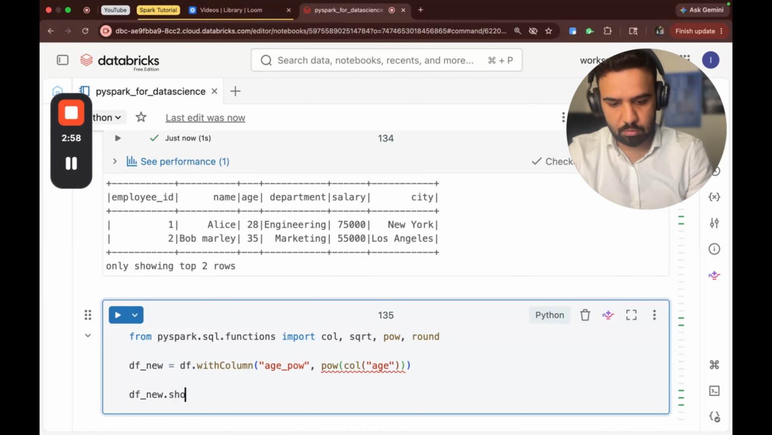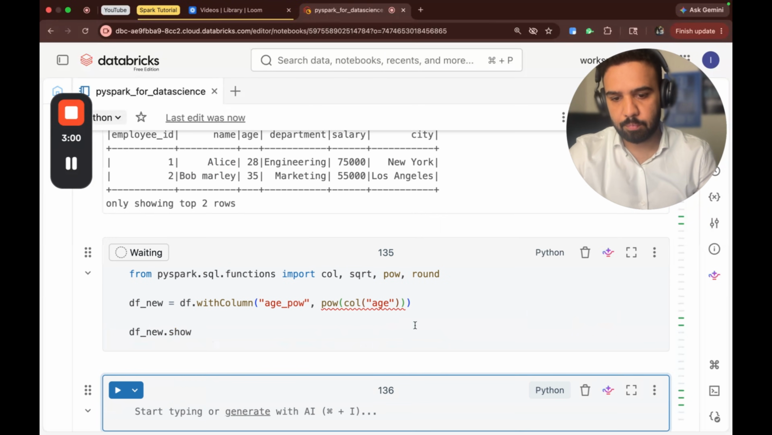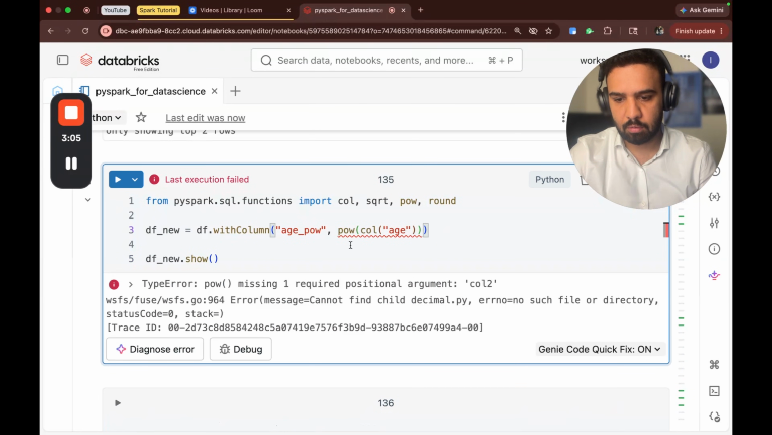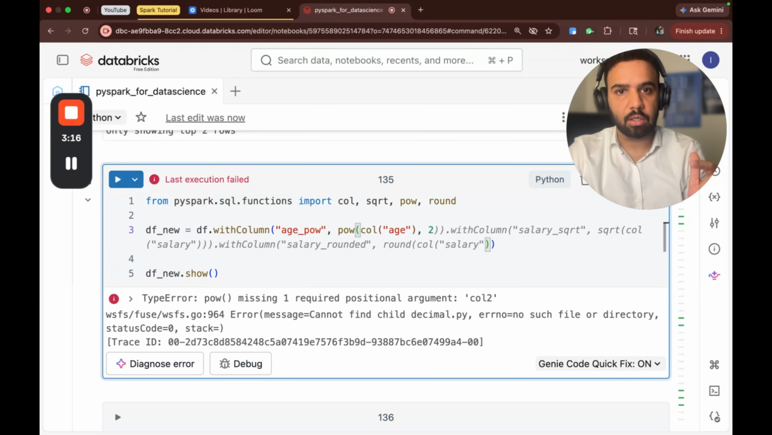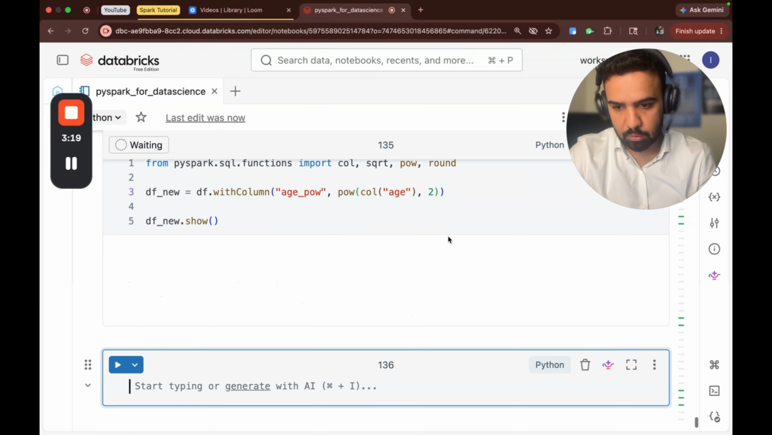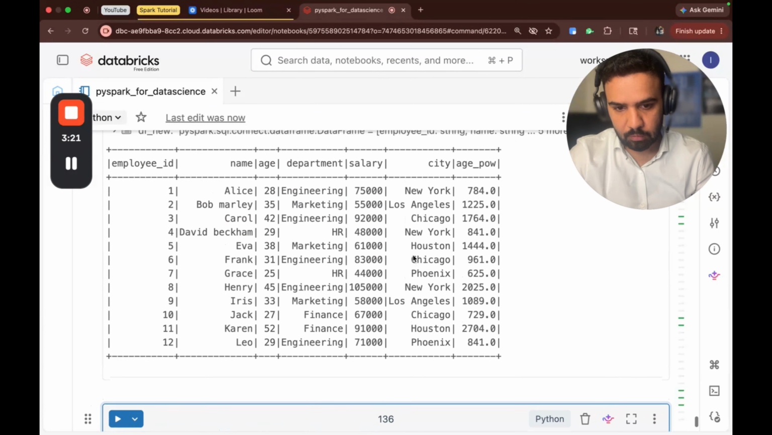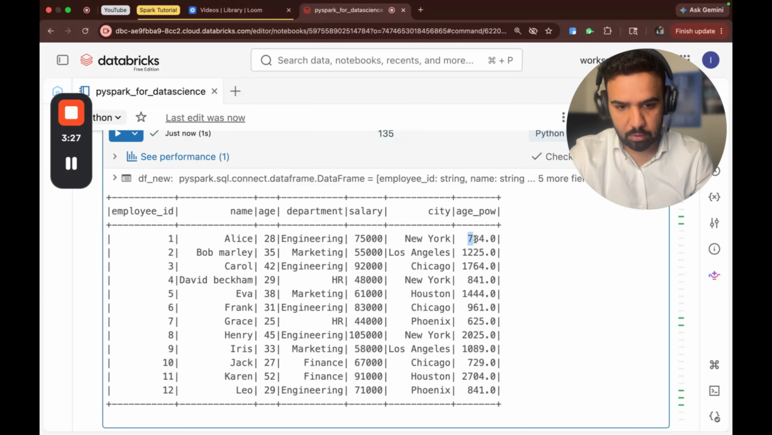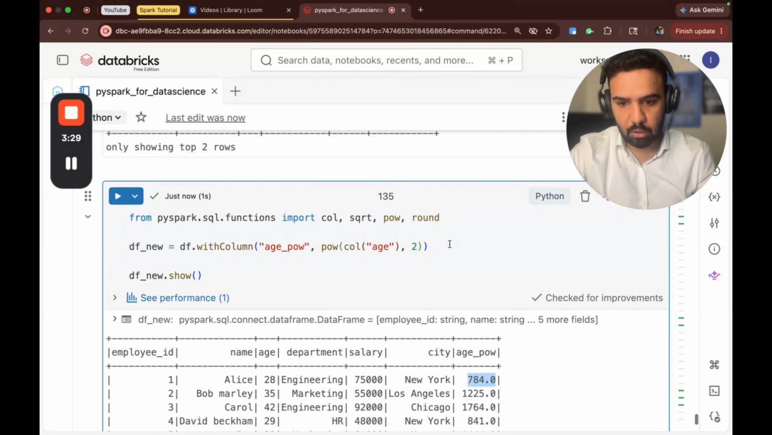One argument is missing, so we need to pass 2 because we need a square. So we'll pass 2 and run this. Here we go, we got the square. So 28 squared is 784, and so on and so forth. Now let's implement